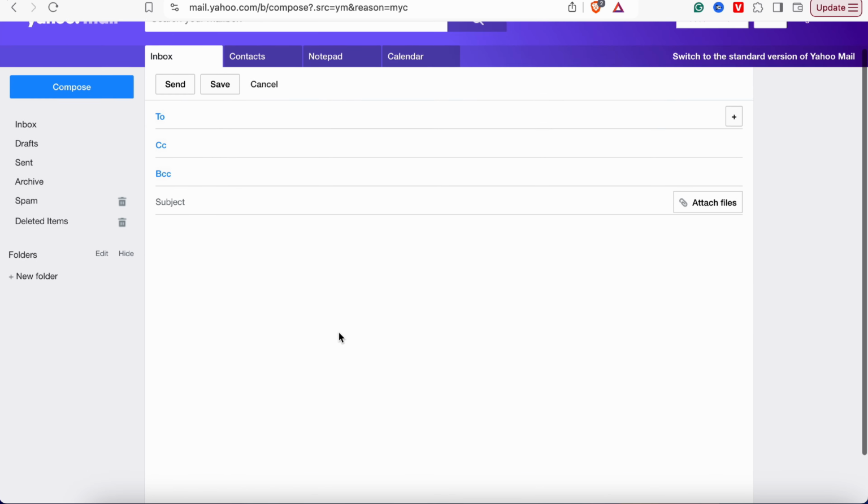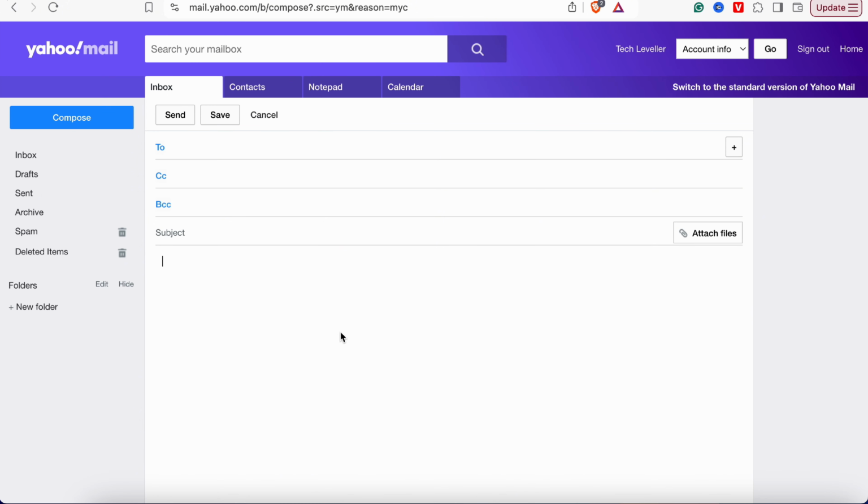So hopefully, whether you're on the new or the old version of Yahoo Mail, that helps you out how to